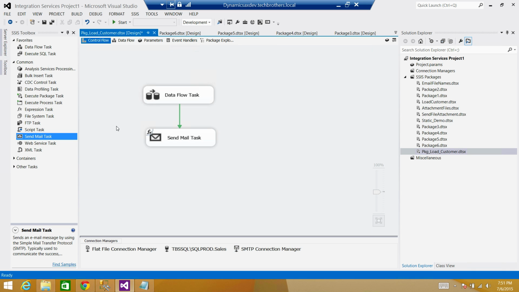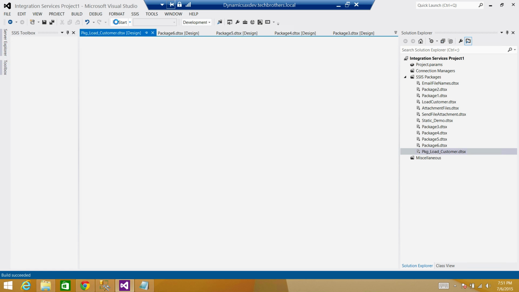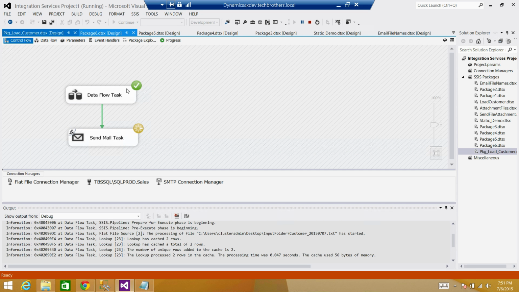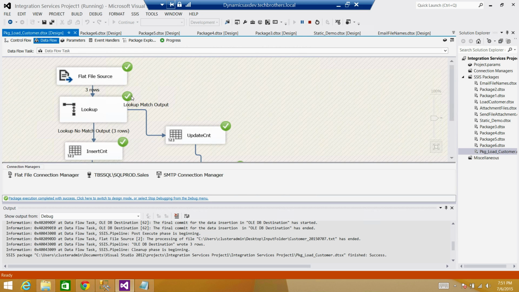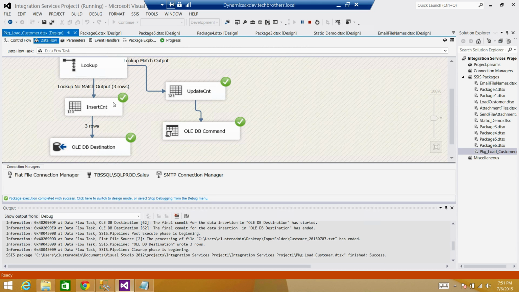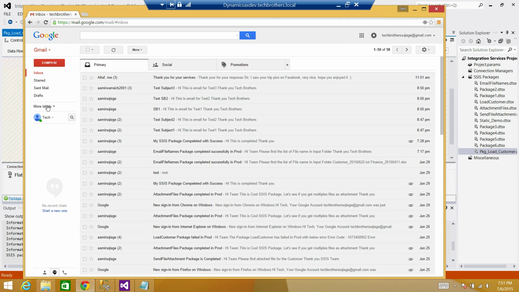It is going to read the file and then send us an email with how many records are inserted and updated. So go ahead and run it. The package completed successfully, and if you see the stats here, how many records are inserted? 3 of them, and there is no record that is updated. So if we go back to the email and take a look at the email,